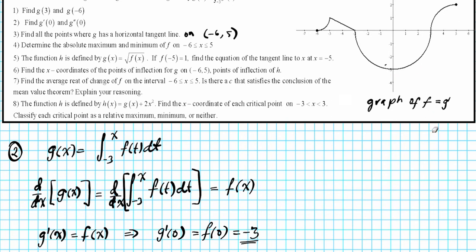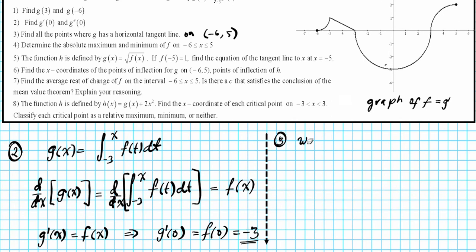Okay? So we're not looking at the points where we have a horizontal tangent to this curve, because this curve is a derivative of g. So when do we have a horizontal tangent? We have a horizontal tangent when g prime is equal to 0. Okay, so let's go ahead and write that down. Let me divvy up my workspace here so I can work it in such a way where you can see the graph. So for part 3,